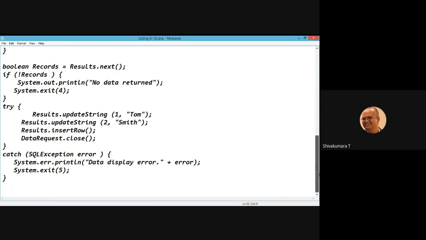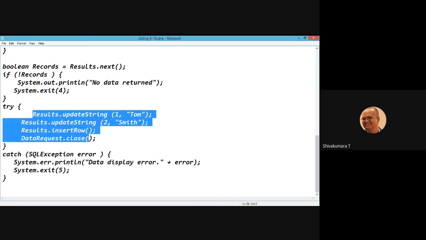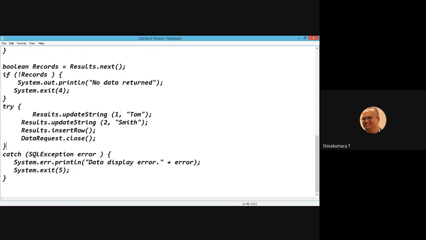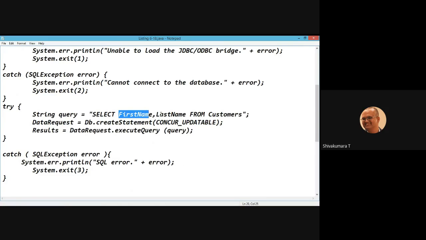Now, look into this particular snippet code. You are inserting a new row. What is the first column? The first column is first name, second column is last name.